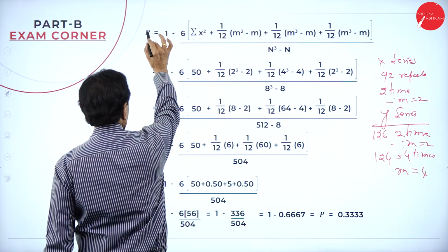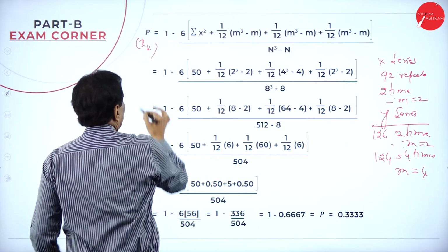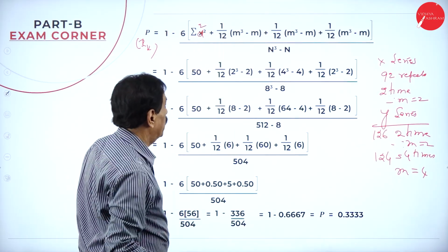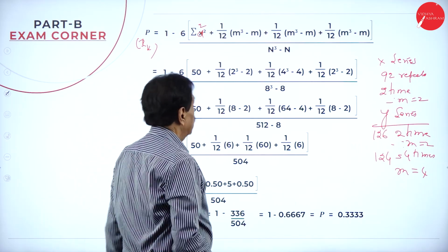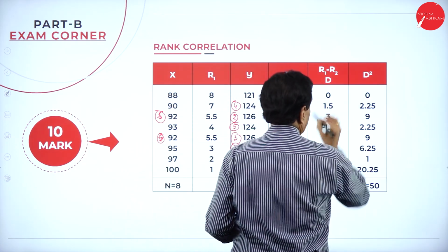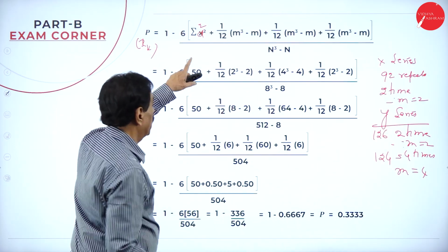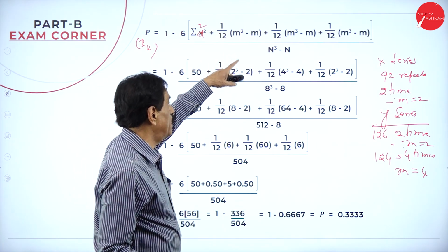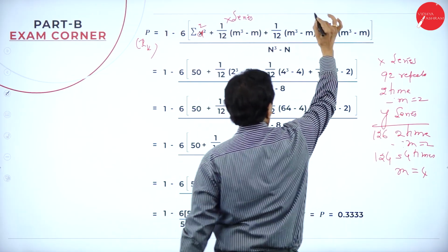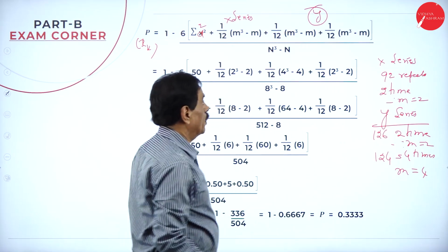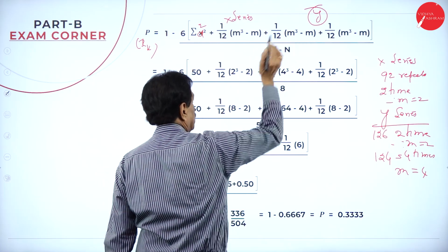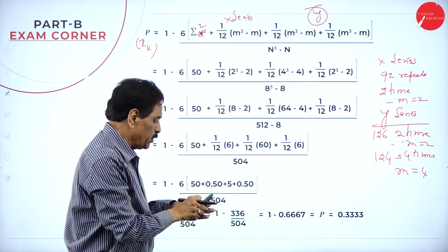So, rho is equal to rank correlation: 1 minus 6 sigma D square plus 1 over 12 times (m cube minus m). Here, this is your sigma D square. 1 minus 6 sigma D square plus 1 over 12 (m cube minus m). This is for the x series. This is for the y series: 1 over 12 (n cube minus n). So 1 minus, your sigma D square is 50,